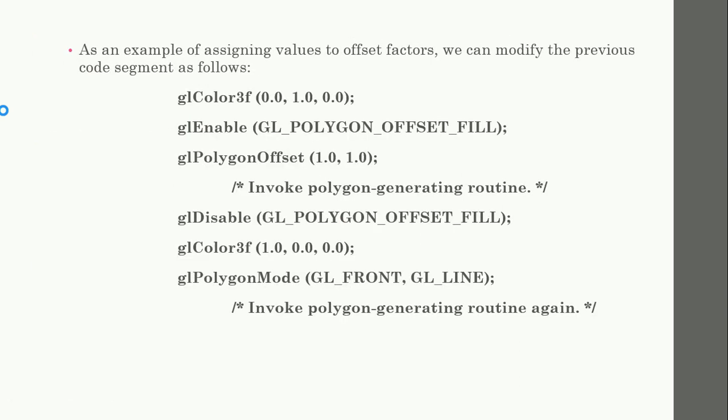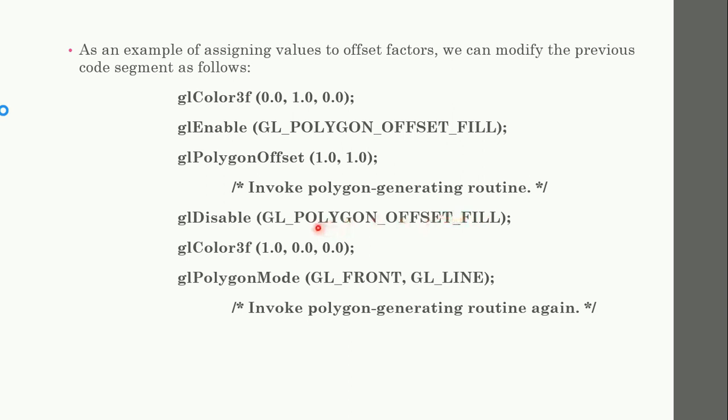To avoid the stitching effect that was caused by the previous program, certain modifications are now done to the coding. After writing glColor3f, which is the color given for the particular polygon, the green color that was filled for the polygon, you just enable the polygon offset fill and then write glPolygonOffset with certain factors. Factor1 and factor2 are floating point values. And then you have to disable the polygon offset fill.